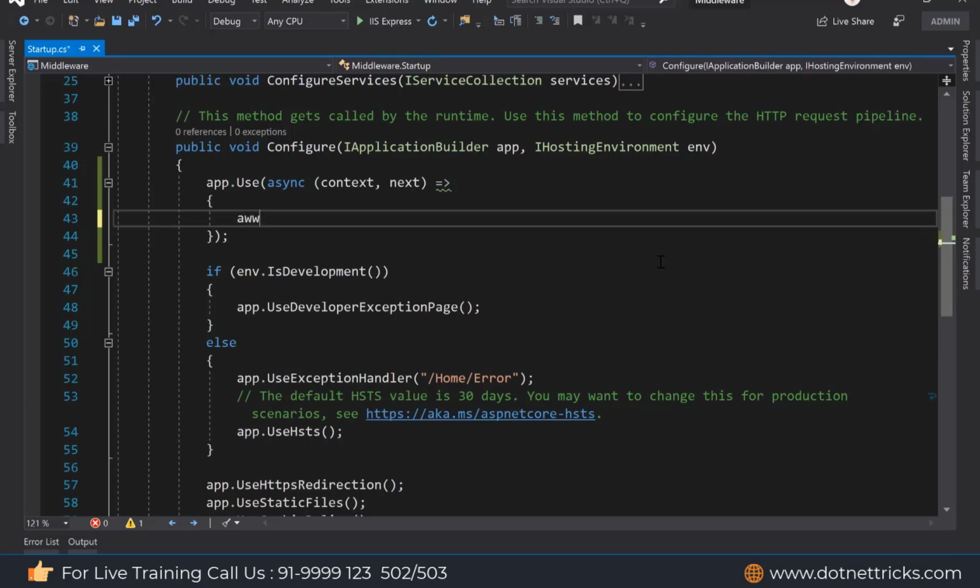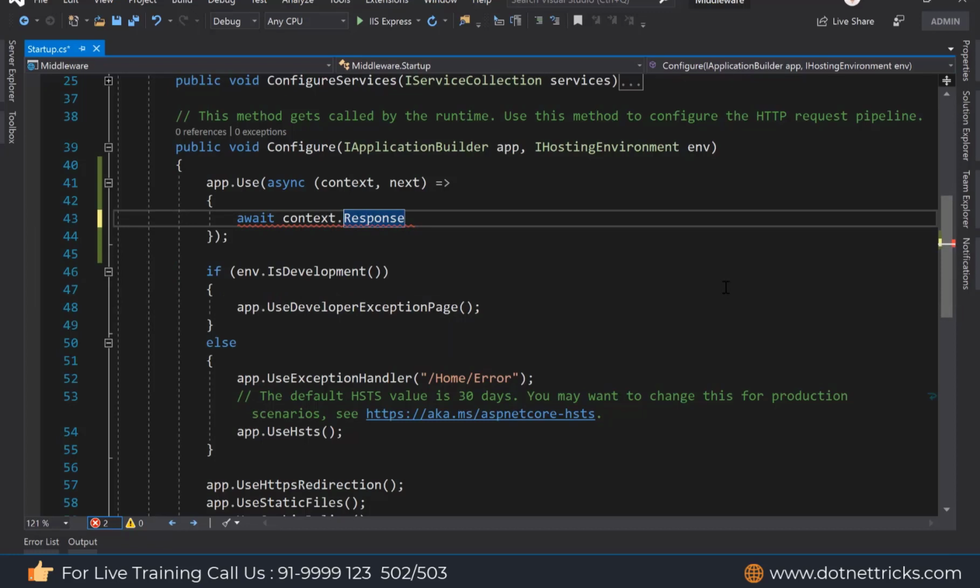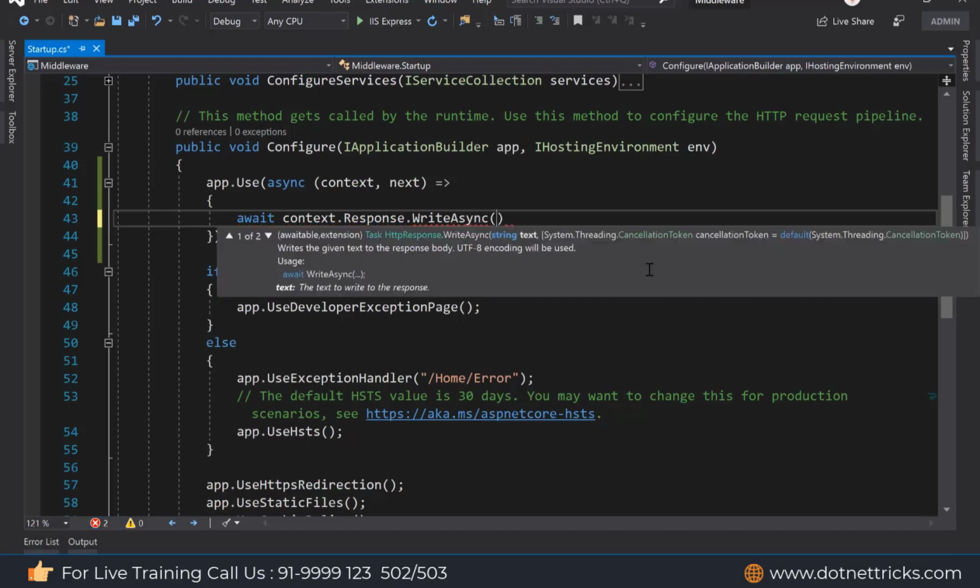So what I'm doing here is using await context.Response, so I'm writing directly in the response, calling the WriteAsync method.